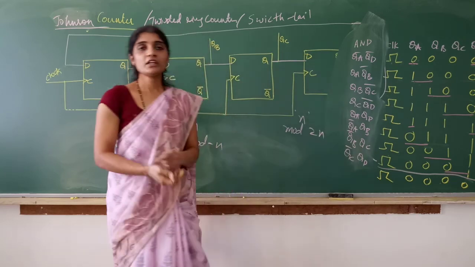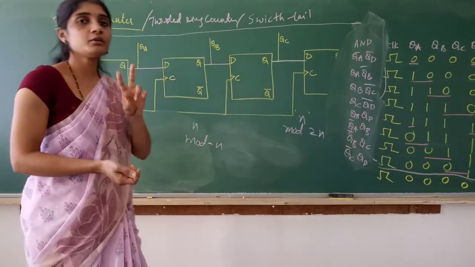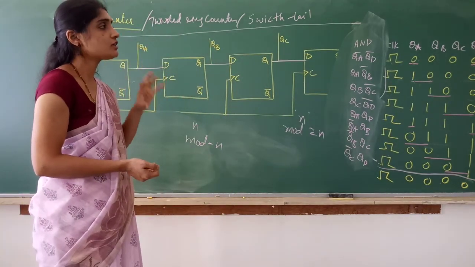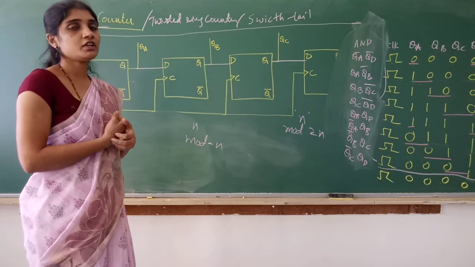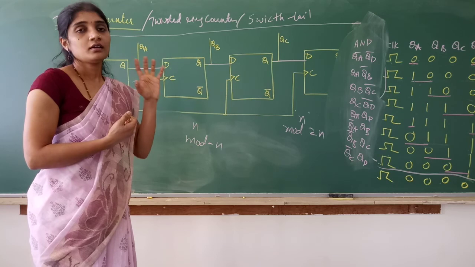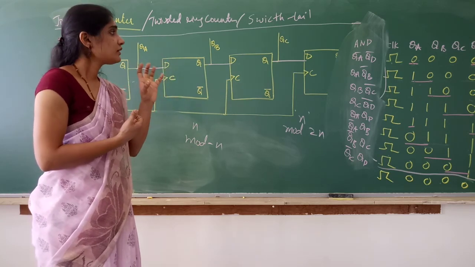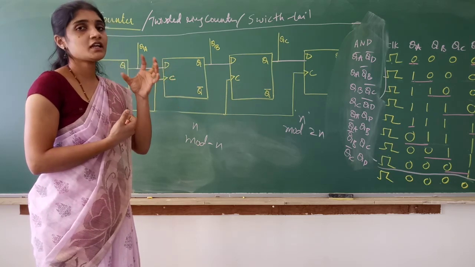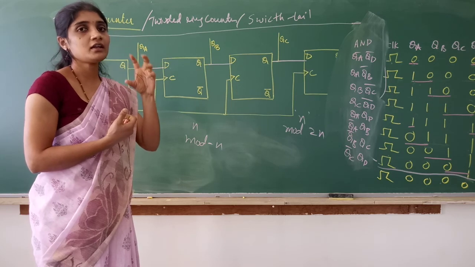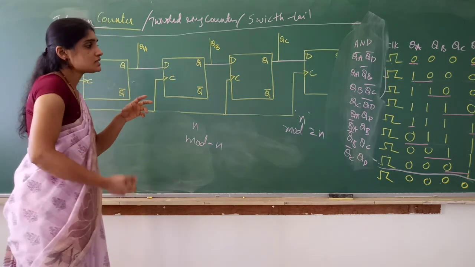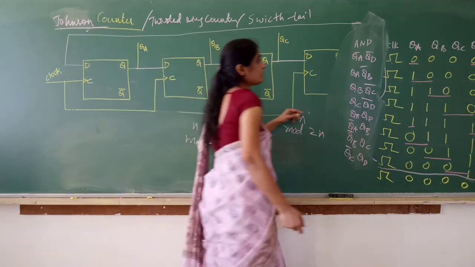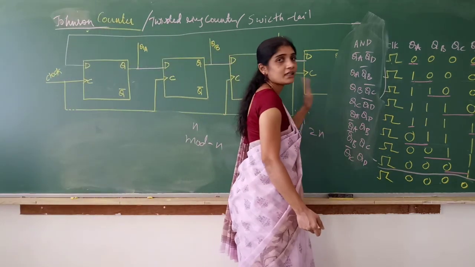So a minimum of a two input AND gate is required in order to decode the output sequence of a Johnson counter. Whereas for a ring counter, we don't need any logical element there, because in a ring counter, if we get any one flip-flop output as 1, we can easily tell the output sequence. But in a Johnson counter, a 2 input AND gate is required. The inputs to the AND gate will be like this.